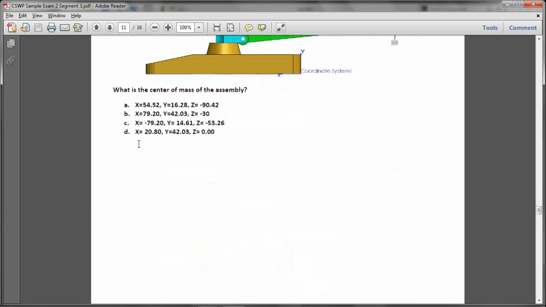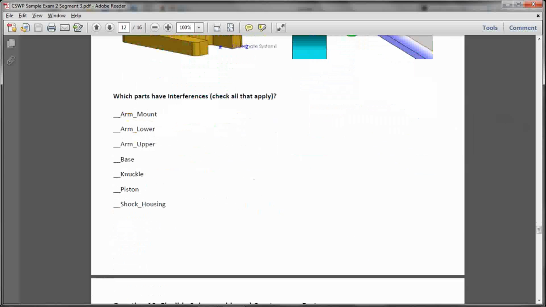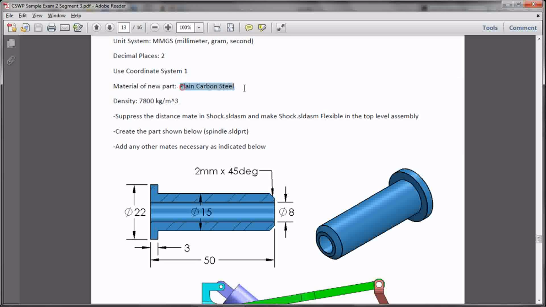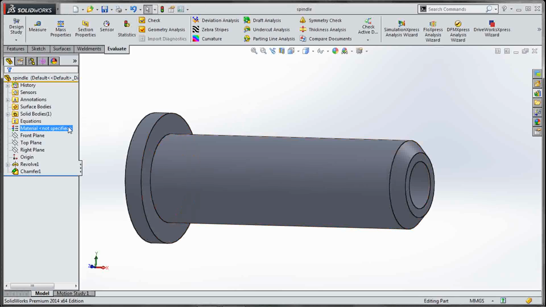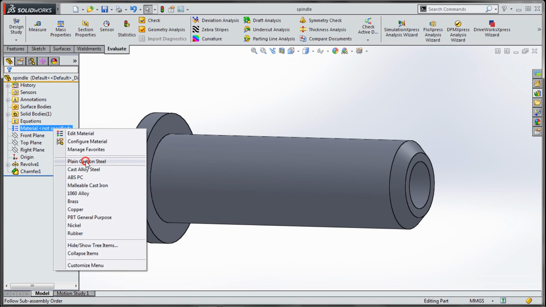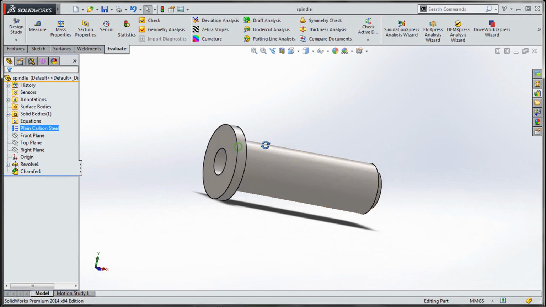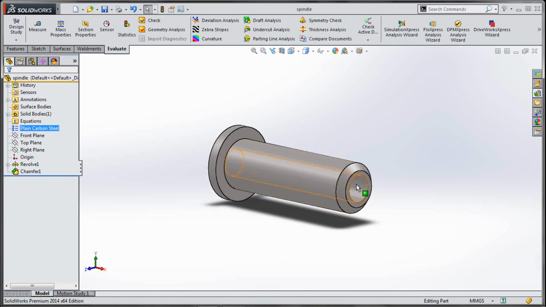So you can see here that we need plain carbon steel and the material is not specified. So change to plain carbon steel, and it's really important to remember to change material, because it affects everything. It affects center of mass and overall mass.